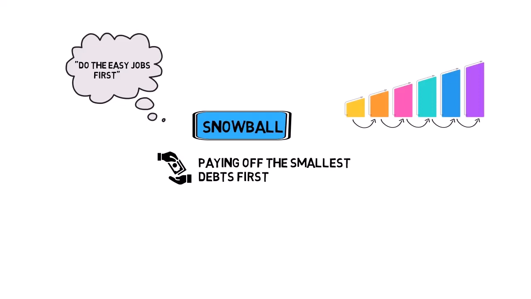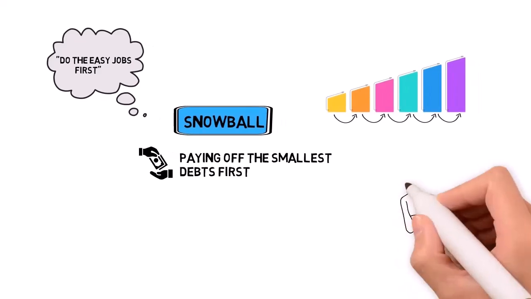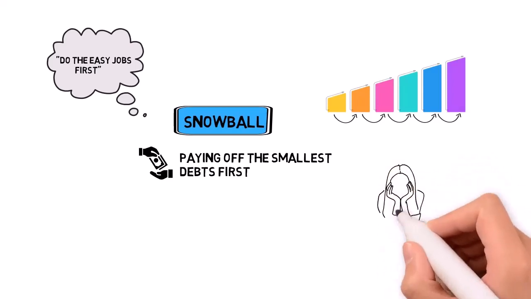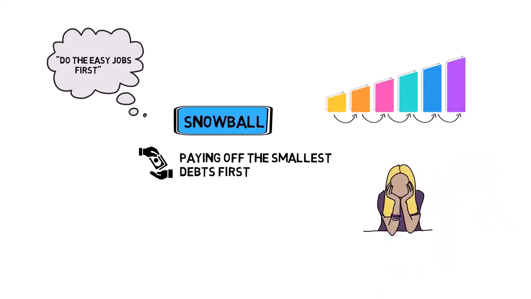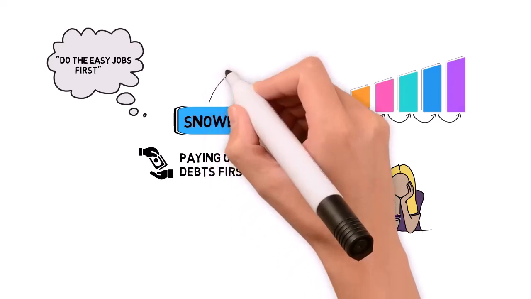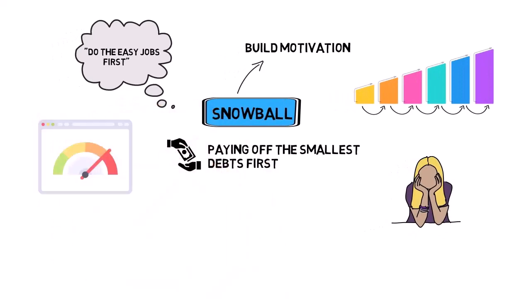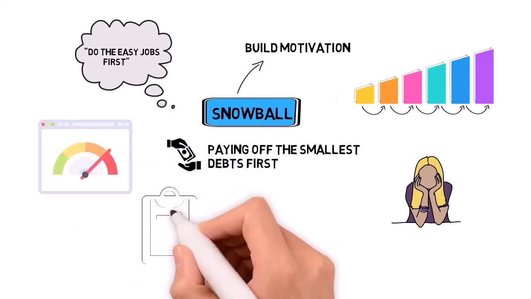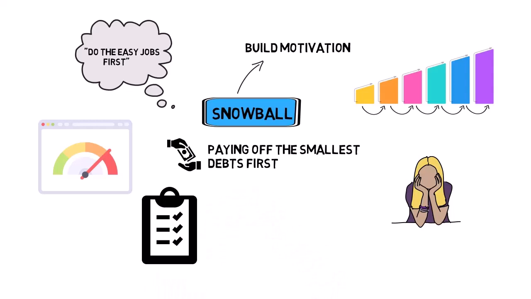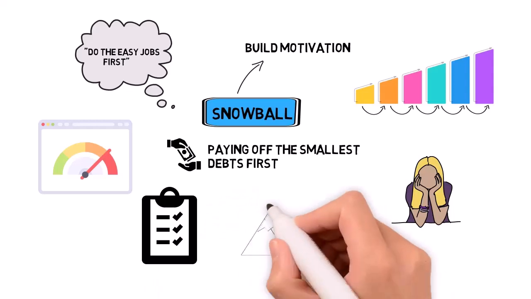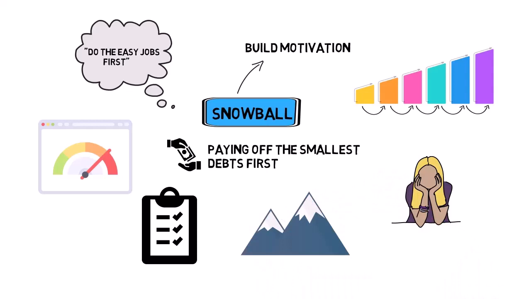Advantages and disadvantages of the debt snowball method. It's difficult to feel enthused about paying off your debts, and it's even more difficult if you don't seem to be making any progress. Without a sense of progress, you're more likely to give up early on. The debt snowball method's significant advantage is that it helps build motivation. Because you see quick results, for example, completely reducing some outstanding balances in just a few months, you are more likely to remain with the plan. That mountain of debt doesn't seem so insurmountable after all. Also, it is simple to implement. No need to compare interest rates or APRs.